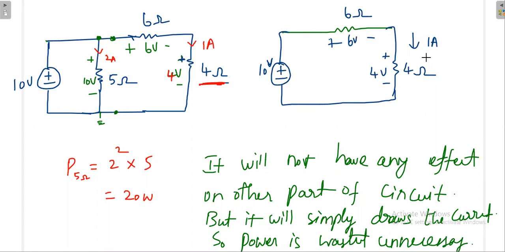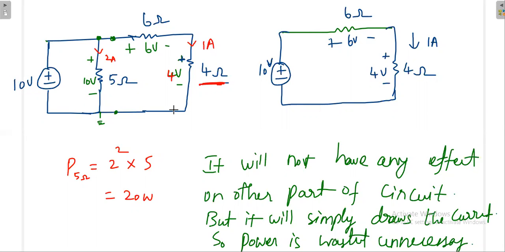If you want to achieve this nature, then I have to design the circuit like this. But if I put a resistance unnecessarily here, it is not giving any performance. It is not giving any change to me. Simply it will draw the power, so it is useless. That's why generally there will not be a parallel resistance with the voltage source. Yes, sir, you understood this? What I am telling?